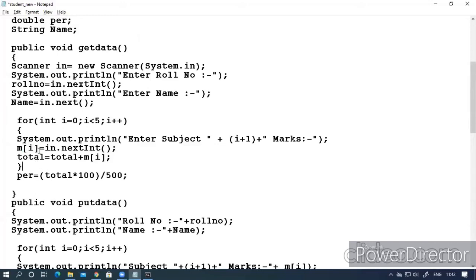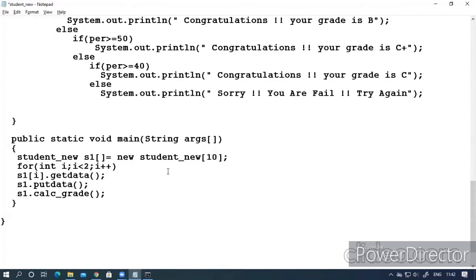This is a simple numeric array which we generally use in any programming language like C and C++. But in this case, we have an object array. So I have to mention the subscript with the object, and then I will call the method. Now, this is for getting the data.